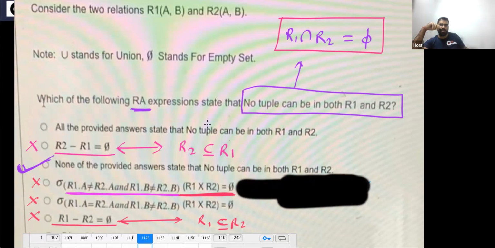Duplicate tuples are not there. We are talking about relational algebra, so duplicate tuples we don't have. This is a question related to relational algebra. This is not a question from SQL. So if you have R1 where you have A B and you have R2 where you have